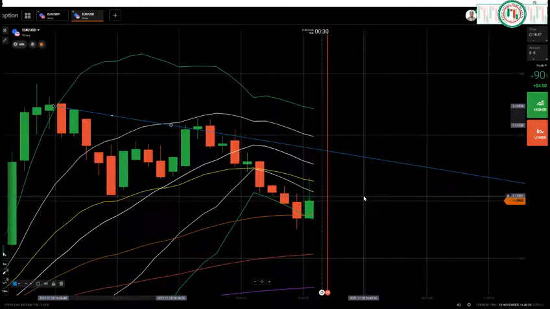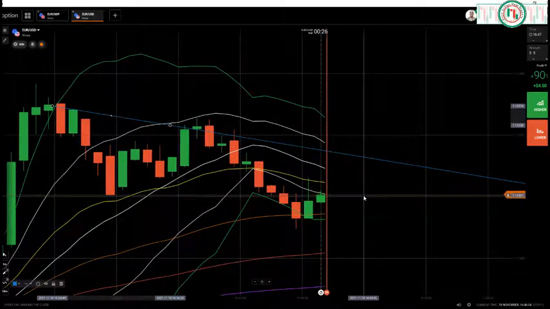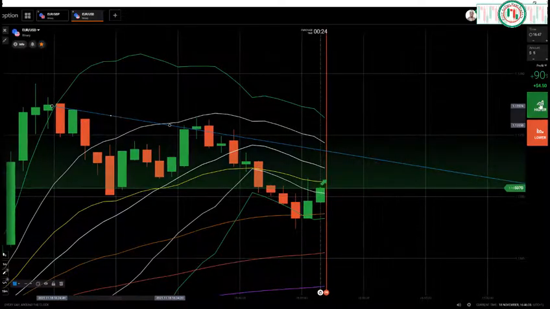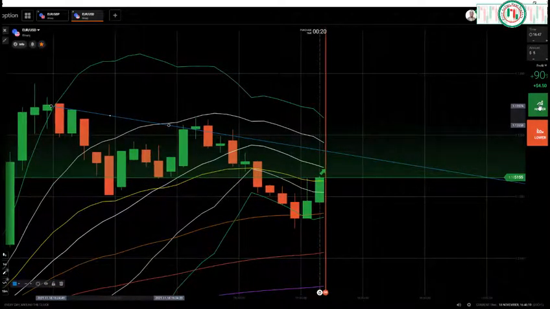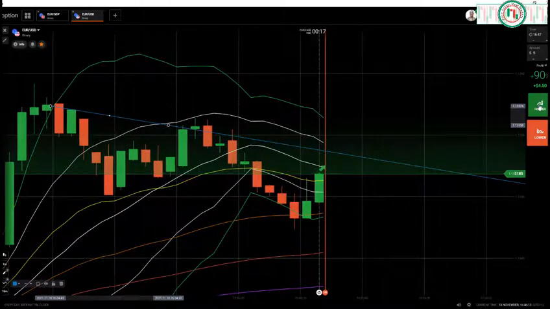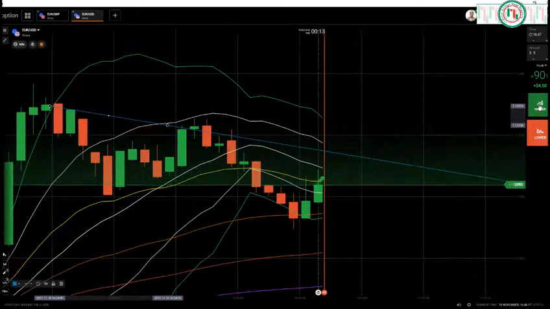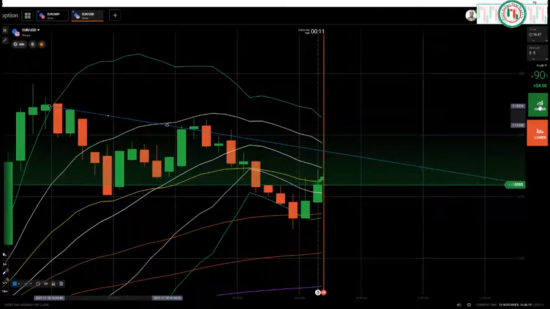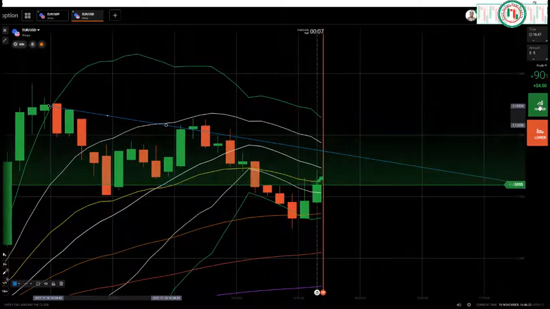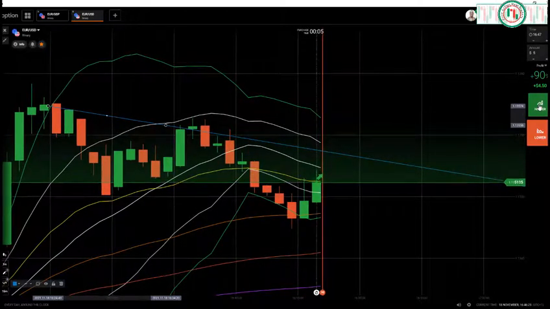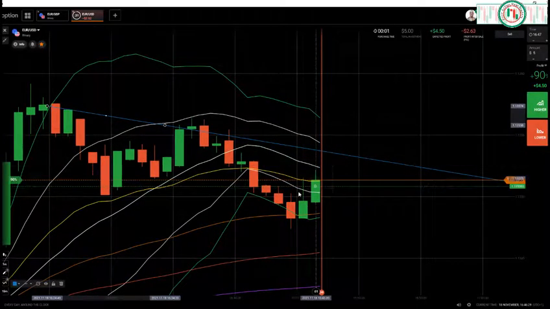So here we are in a consolidation area. Yes, if I get a lower entry point, I will place a call option. I will place a call option low. Yes, I place a call option anyway,